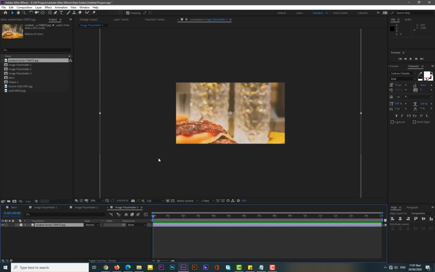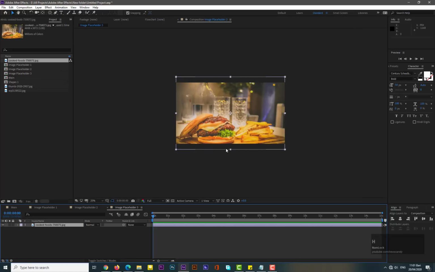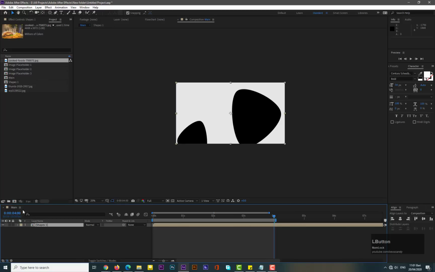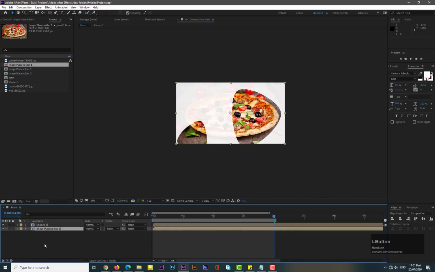As you can see, guys, this image does not fit our composition. So what we need to do is simply press Ctrl Alt Shift and H on the keyboard, and you will see that it covers our composition. Now close all these image placeholders, go into the main composition and bring image placeholder 1 into it, and now you can see that